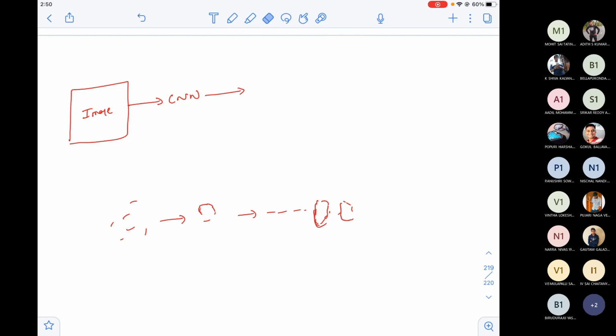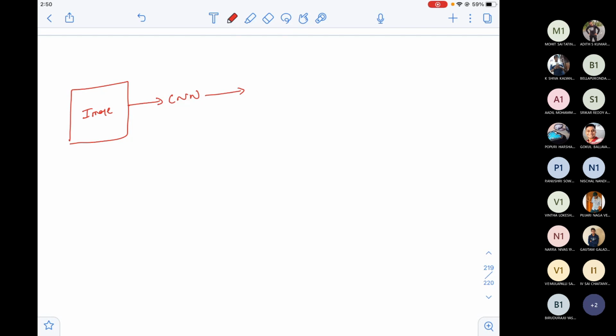So if you really want to know the outcome of this feature extraction, instead of printing the output after the fully connected layers, you just print the output after the feature extraction. That means before you send your data to the fully connected layers, try to print that and see it as an image. Then you'll come to know, oh, if I pass a flower, the system understood it as a flower like this. If I pass a car, the system understood it as a car like this. You'll understand how the system is understanding the images. That's a very important task. You can try that. That would be interesting also.